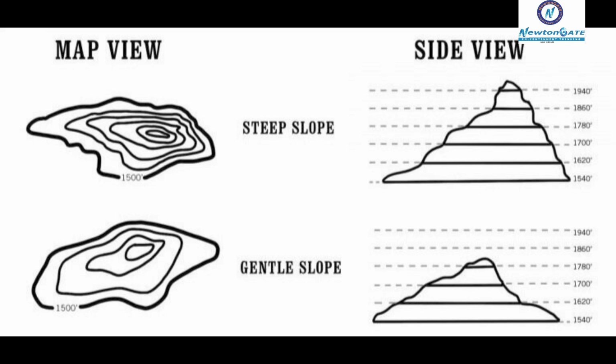Each contour line represents a specific elevation. The closer the lines are to each other, the steeper the terrain, and the farther apart the lines are from each other, the flatter the landform is. So see, simple, right? Steep hills have tightly packed contours, while flat areas have contours which are spaced out. Now let us understand some of the key features of contour lines.